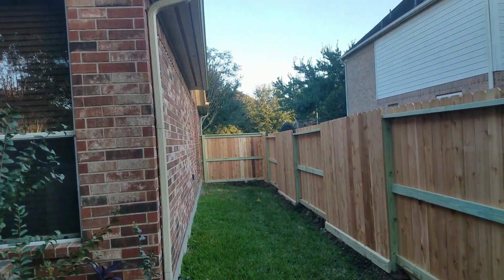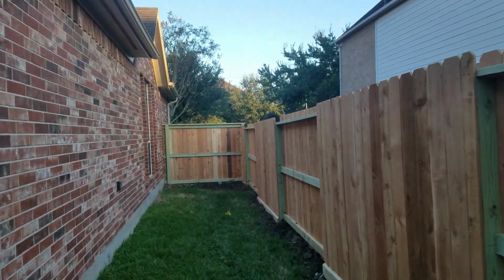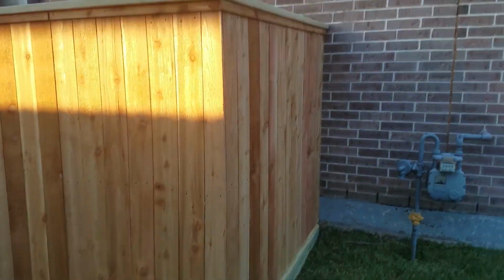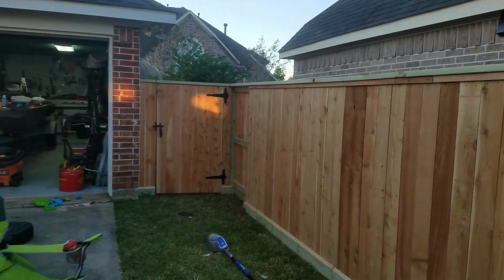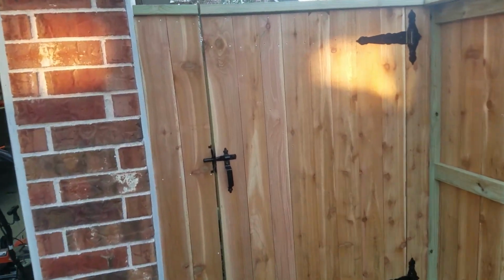But anyway, moving on to the other side of the fence, she's looking great. You can see the front facing section there, the back side of that, 3 rails with the top cap. Pretty. All right, moving all the way over to the other side of the job. This is the job that you couldn't see on the time lapse because it was off camera. You can see that we have a section facing the road. So we have the top cap, and then we have a small little...